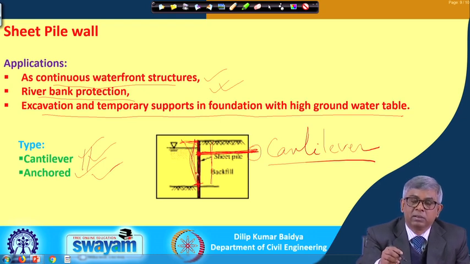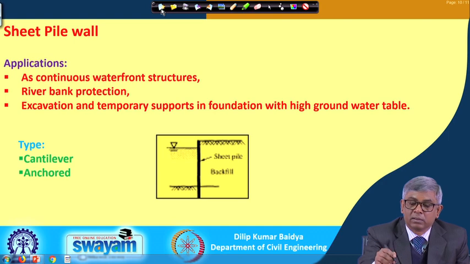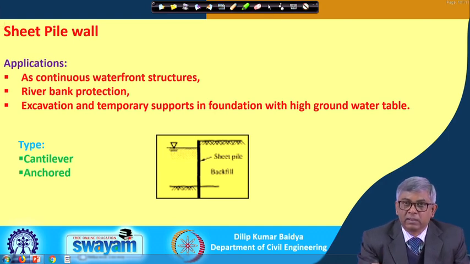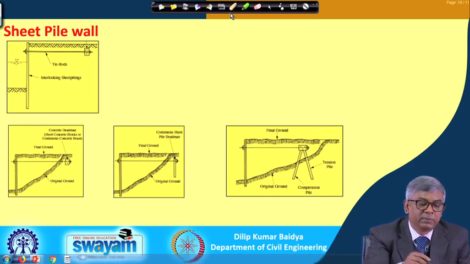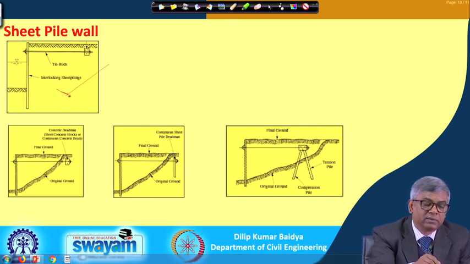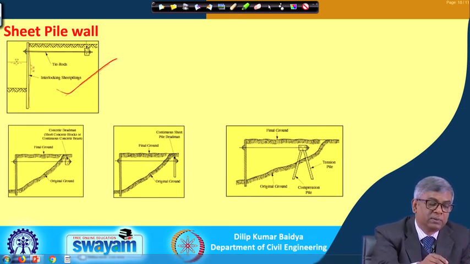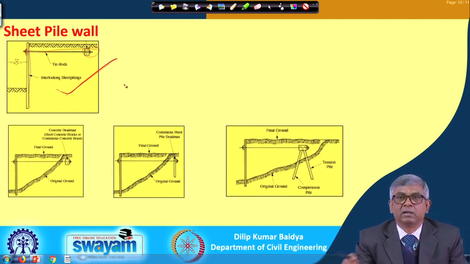Now, I will go to the next, that is the anchored retaining wall, the anchored sheet pile wall. You can see this is a typical anchored sheet pile wall. This is the sheet pile wall and this is anchored by some means, and anchoring can be done in